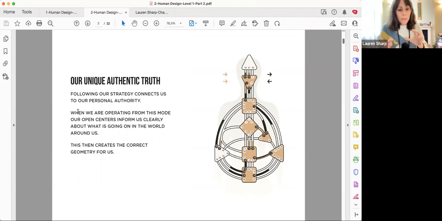And Ra would always talk about this being geometry, that we move without knowing, in almost like a sacred geometry kind of formation. We don't realize how our movements and our actions form a sacred geometry in the path that we're walking on. And so that is why we have this pointer of, okay, what is the strategy? Where's the authority? And what are my open centers telling me about this? Now, if you don't have any open centers, you've still got to follow your authority. The open centers, remember, are the places where you're conditioned.